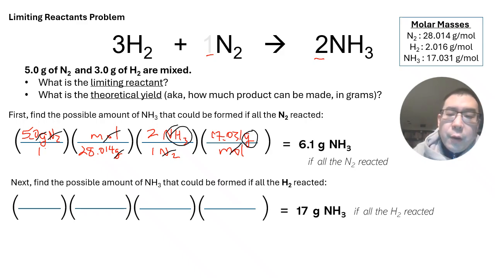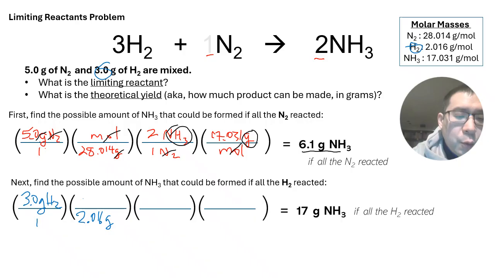And we do the math out, and we get 6.1 grams of NH3. Now we can do the same thing for the nitrogen. We start with hydrogen. We start with 3.0 grams of H2. If we like, we can put over 1. We use the molar mass of H2,